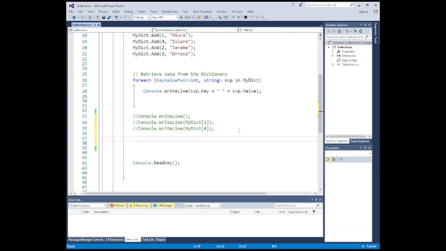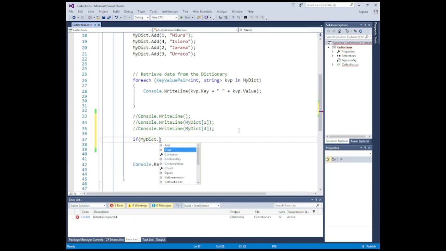And then I use an if, open close parentheses, my dict, and as soon as I push the full stop, I'm presented with this menu, and this lists all the methods associated to this object, and the one I want is ContainsKey, which is that one, and then open and close parentheses,